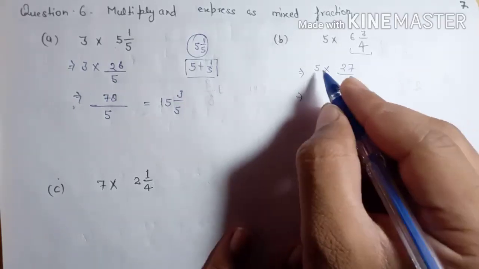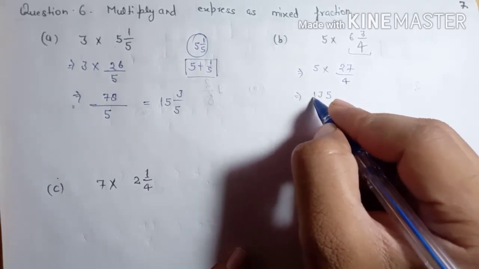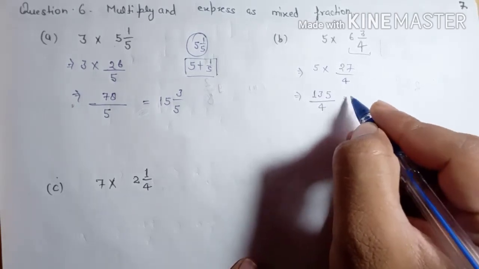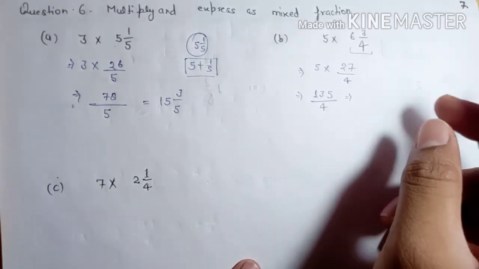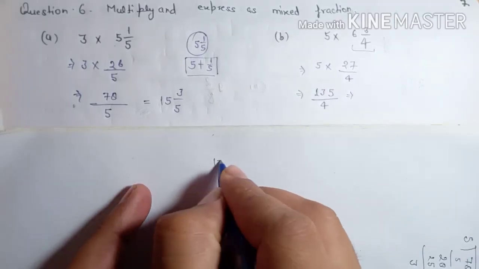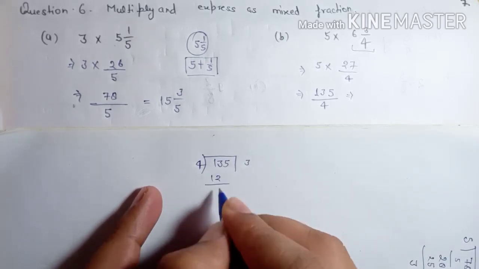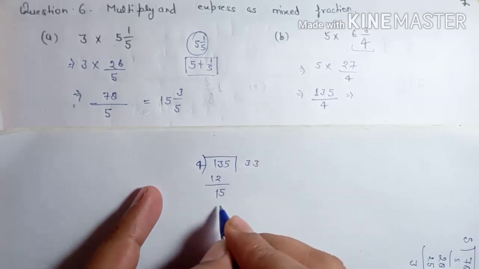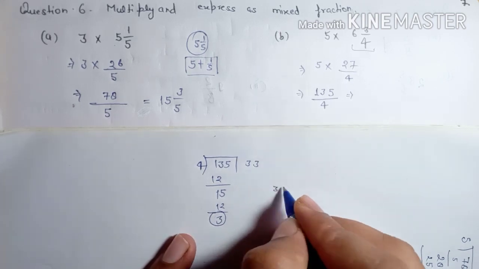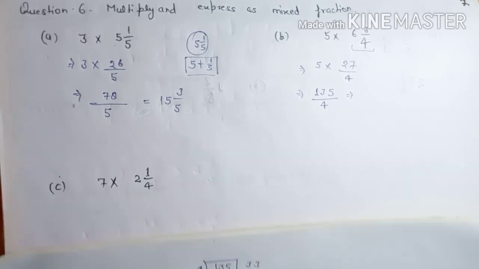And when you multiply these numbers, you will get 5 7s are 35, and 5 2s are 10 plus 3, that is 13. So 135 upon 4. Now what is the fraction when we change it into mixed fraction? So divide this 135 by 4. 4 3s are 12, and you get 1 15. 4 3s are again 12, and you get remainder 3. In this case, this is 33 whole 3 upon 4. Okay, so write it 33 whole